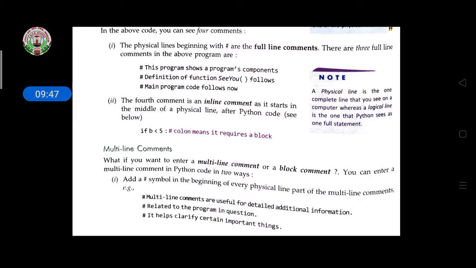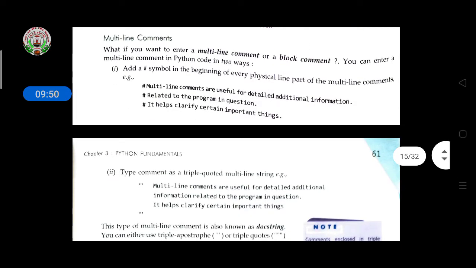Then come to multi-line comments. What if you want to enter multi-line comments or block comments? You can enter a multi-line comment in Python code in 2 ways. First one is to write the hash symbol at the beginning of every physical line that is part of a multi-line comment. The example is given here.